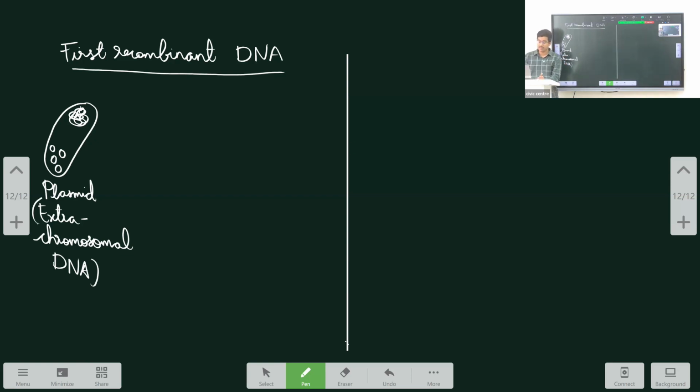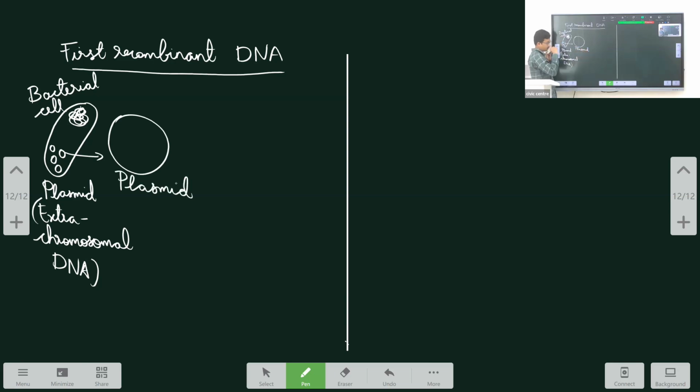Now, this extra chromosomal DNA is actually extracted from the bacterial cell. Now, you have to understand this is the bacterial cell, and from this bacterial cell, these extra chromosomal DNA are extracted. When you extract, you would see that this plasmid will carry genetic material, because it has some extra chromosomal DNA. Now if you have to make some cuts in this genetic material, here they will isolate this. So in the recombinant DNA, they will be isolating,